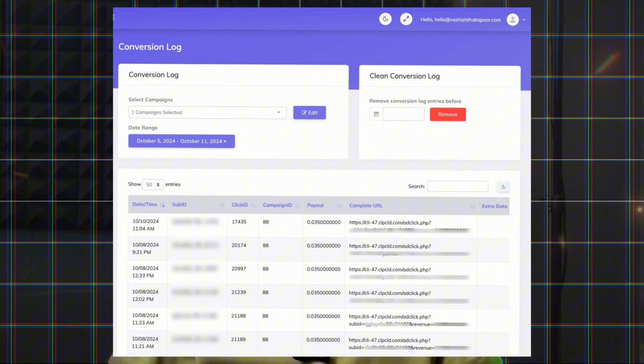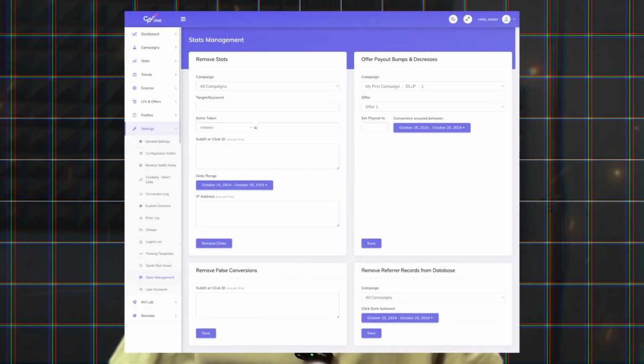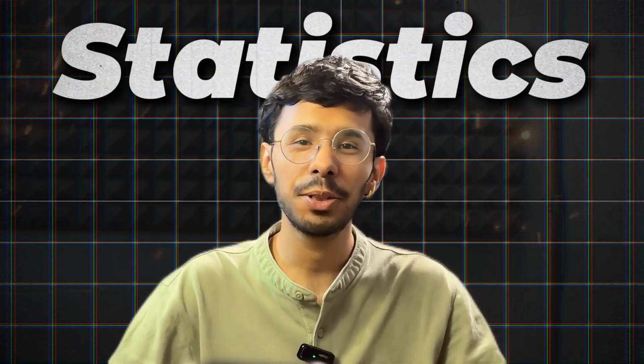If not, you will see the conversion in the conversion log. So if it happens, then you need to revise your setup and make sure your parameters are correct. You can also remove conversions, referral records, or the statistics for any campaign you want. So this ensures complete control on the data.